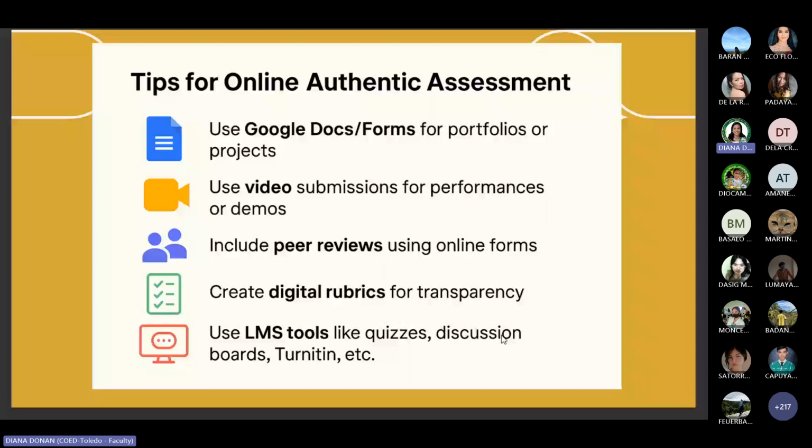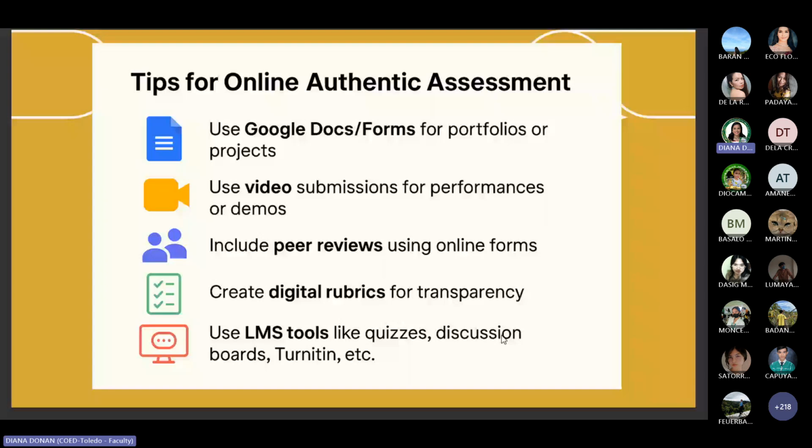The third one is you can include peer reviews. One great way to build authentic learning is through peer review. You may encourage the students to comment on each other's work in shared Google Docs or fill out peer feedback forms using Google Forms, or they may use rubrics to guide their peer evaluation. So it promotes critical thinking, communication, and accountability. And take note, they are all essential in real world skills.